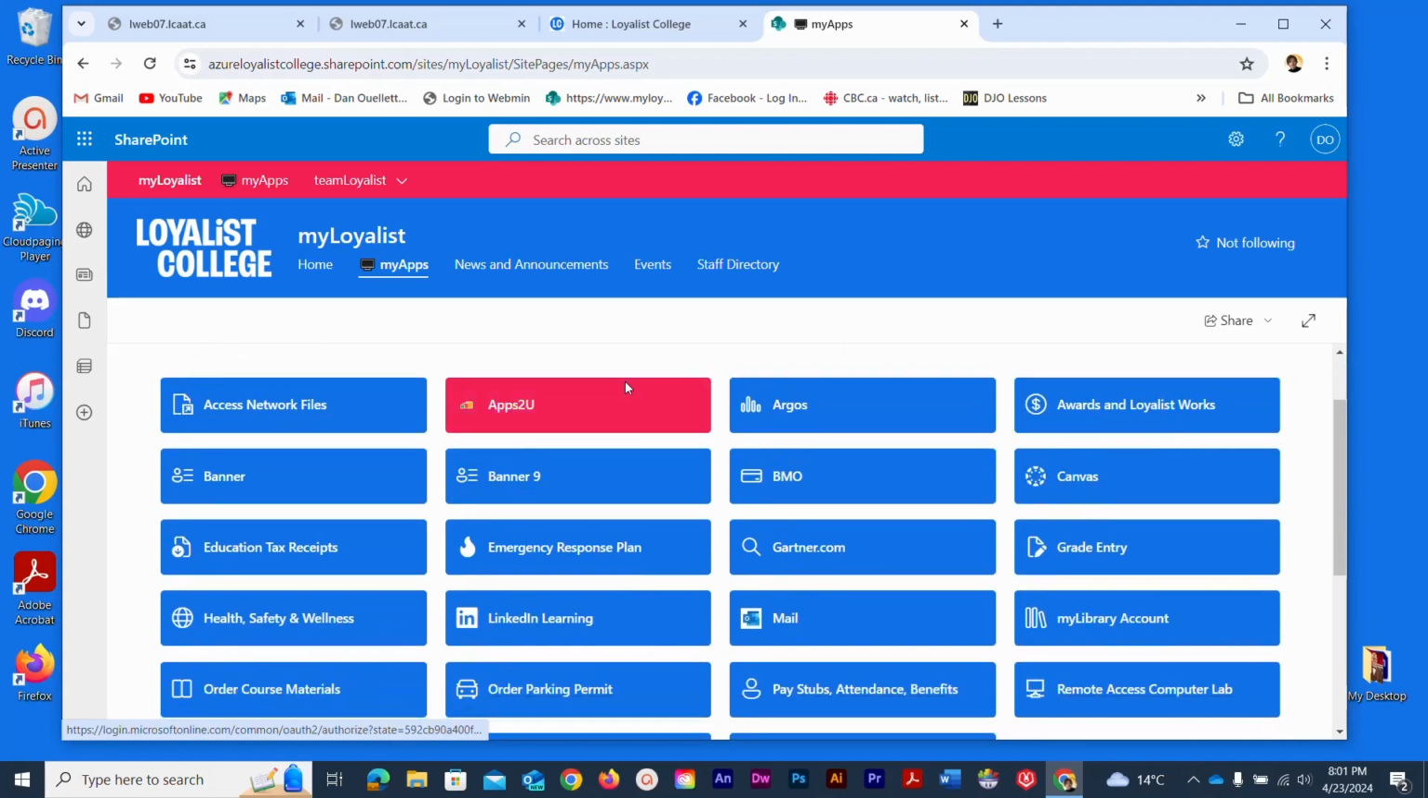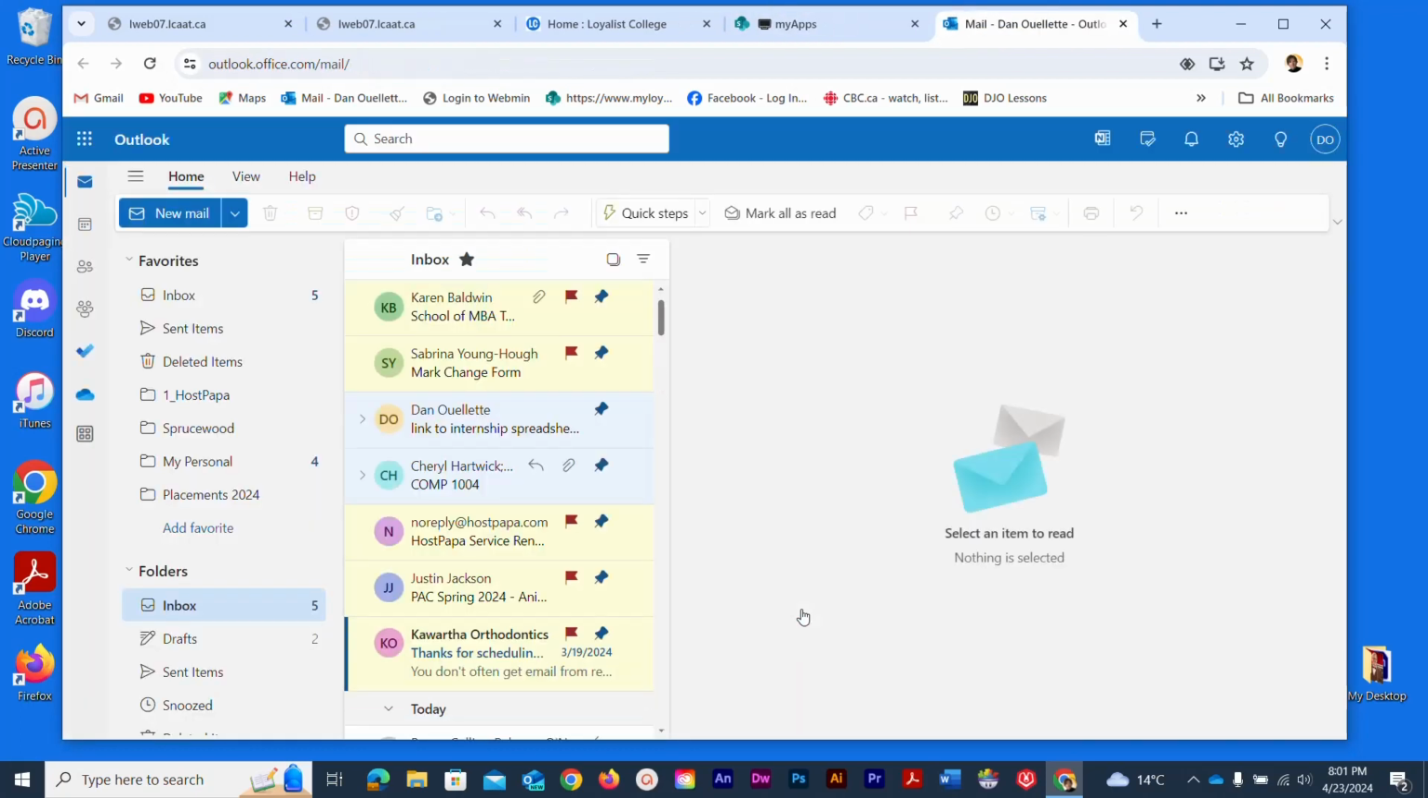So I'm just going to scroll around here, and I can see there is the button for my mail program, so I'm going to click on that now. And what it does is launch Microsoft Outlook in the browser. And that is the email system that Loyalist College is using, and that's where you will find your account. So you have the basic email boxes here, the inbox, sent items, and potential custom folders that you may set